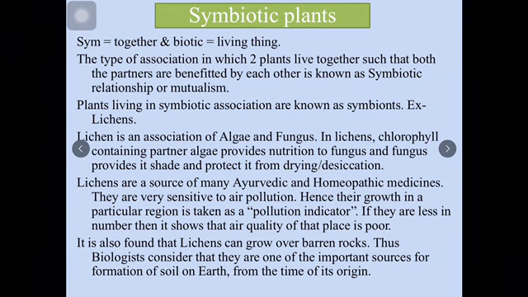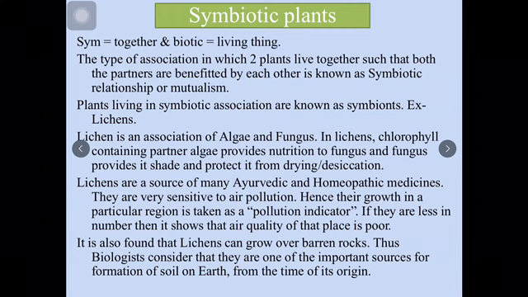Example, lichens. Now these lichens are very important. These are formed by an association of algae and fungus. What is algae? काई, which we call algae. Fungus, mushroom. Lichens are very primitive in their origin. They originated very early in the history of the earth's evolution. Algae is green, it can prepare food by photosynthesis, but it needs shade from the sunlight and from drying, whereas fungus needs nutrition. It is non-green but it can provide shade.